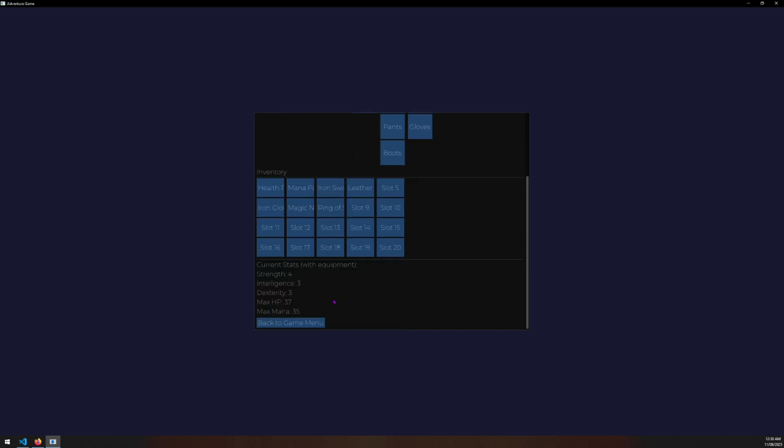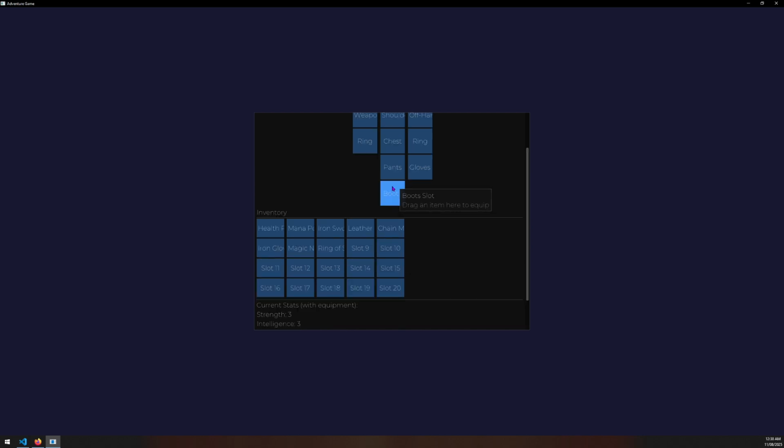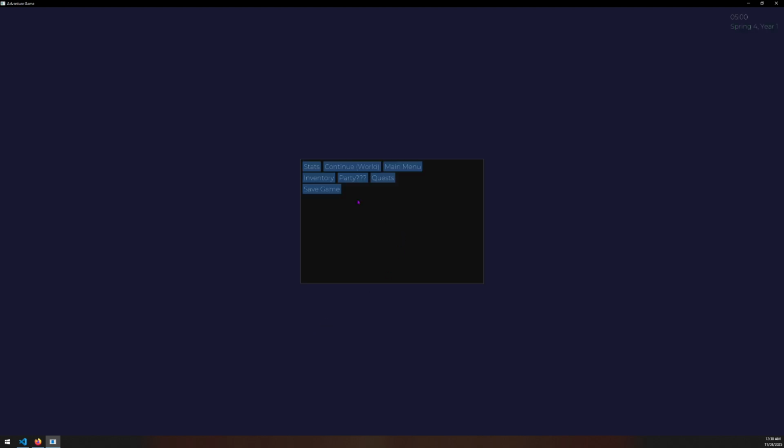It gives you the stats when you equip items. So your strength has gone from 3 to 4. The max HP hasn't changed. It changes your current HP, but I haven't done the rest yet. Then you can just click the rest on. Funny enough, the necklace does actually get equipped. Maybe if I give a potion, it will consume it, and hopefully I get my HP back.